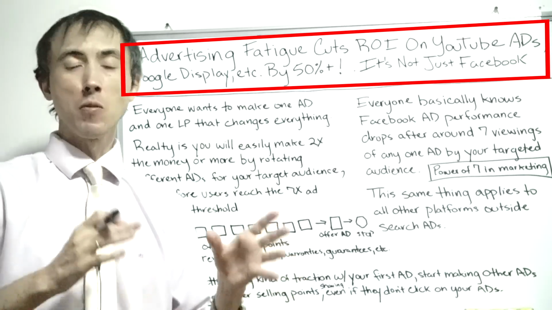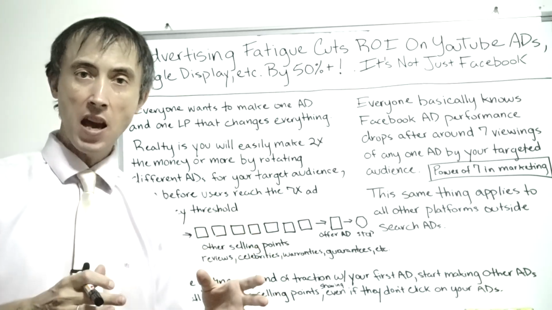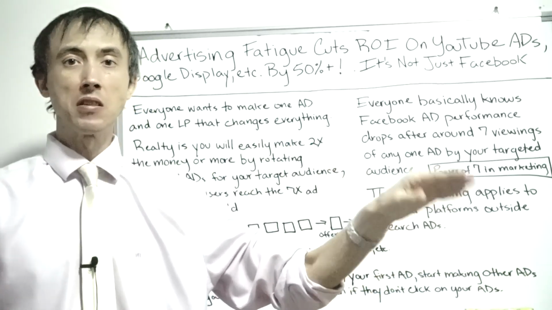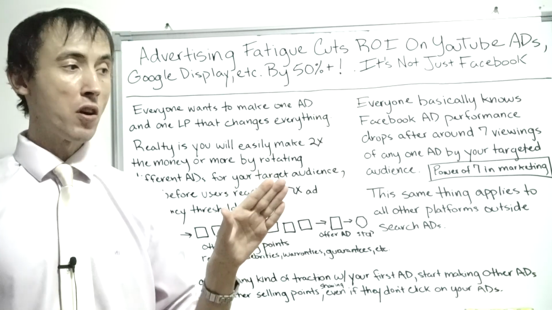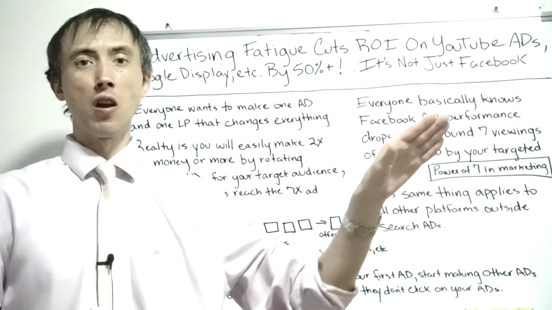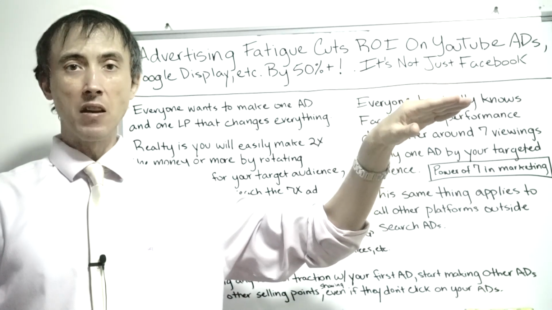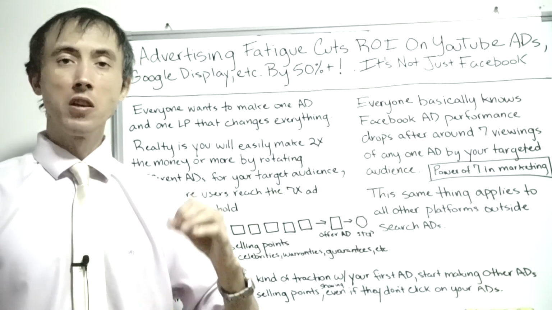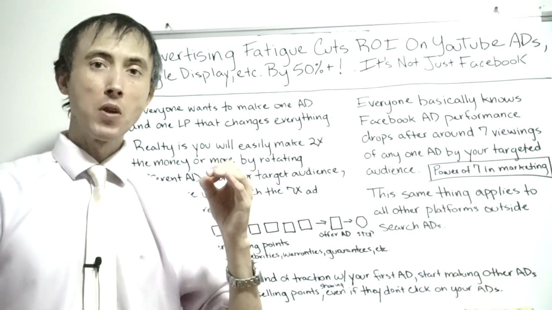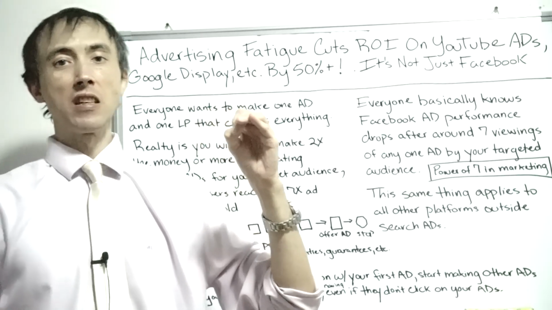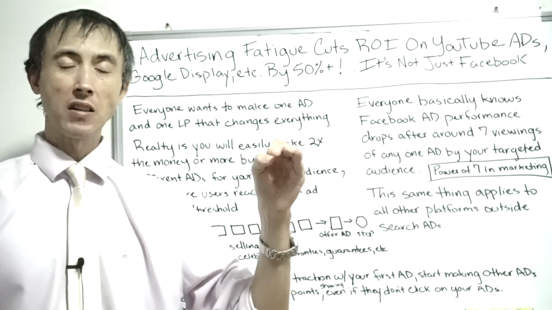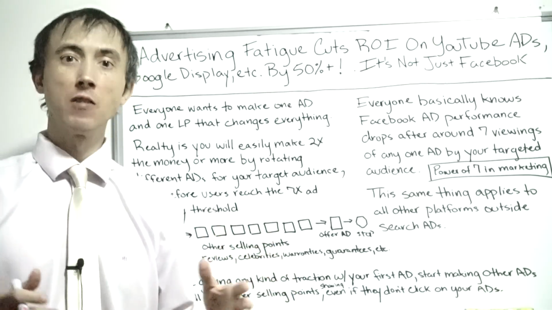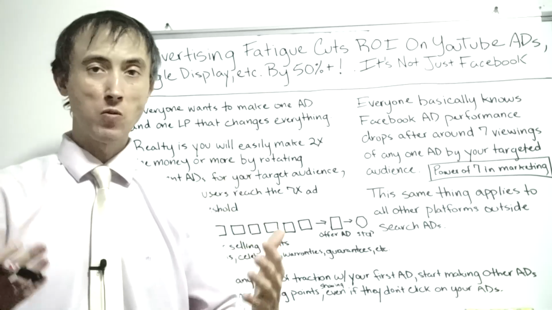You show an ad, there's a point at which you show an ad too many times to somebody, and the ROI on your campaign is going to start to decrease instead of increase. Initially, showing your ad more times to somebody increases your ROI. But then there's an inflection point where it's going to peak and then start going down. Your goal is to figure out where that inflection point is so that you can switch to advertising something else to those end prospects.